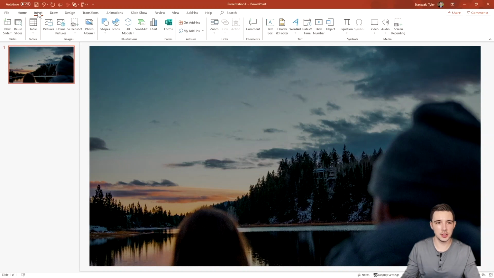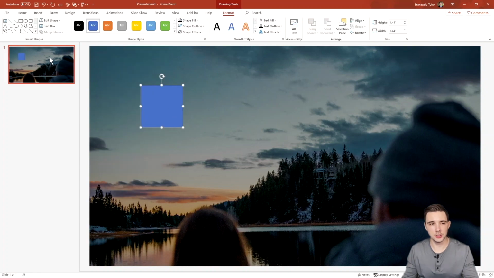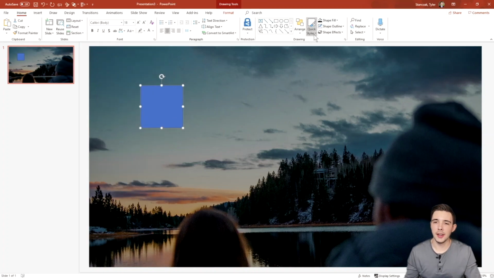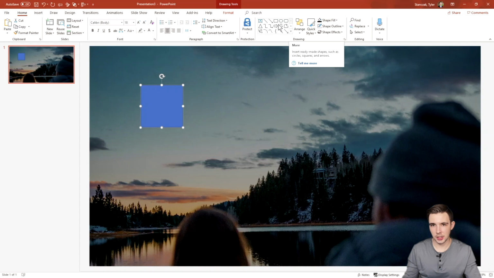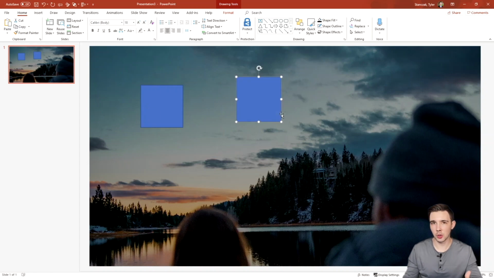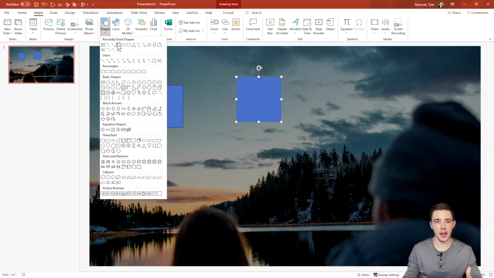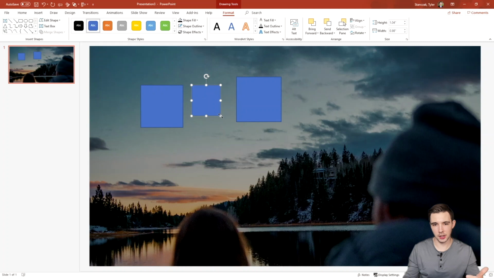So I'm going to actually insert, and let's insert a shape. So I'm going to insert just a rectangle. And now you'll see that all these different features are popping up right here. So another thing that I could have done to insert a shape is if I just clicked right here, I could have done the same thing, and that's a lot quicker way of inserting a shape instead of going to Insert, Shapes, and then hitting rectangle to insert a shape right here.